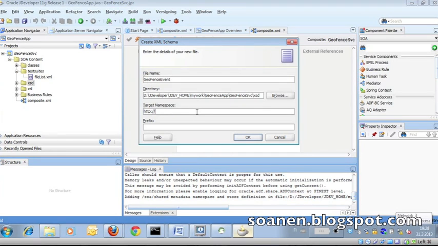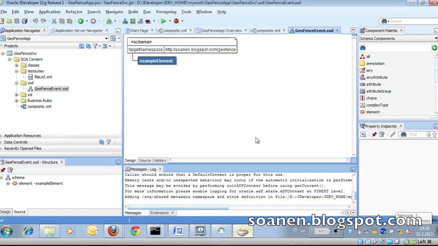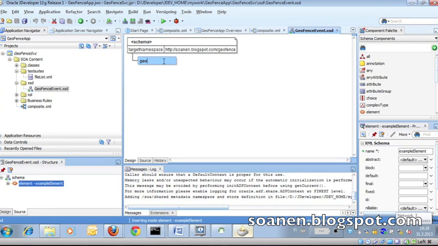Let's get some namespace. Okay. Let's name this, for example, SOA Fence request,